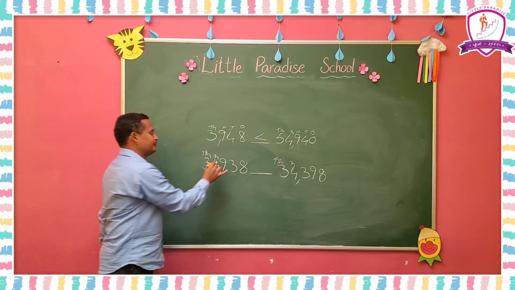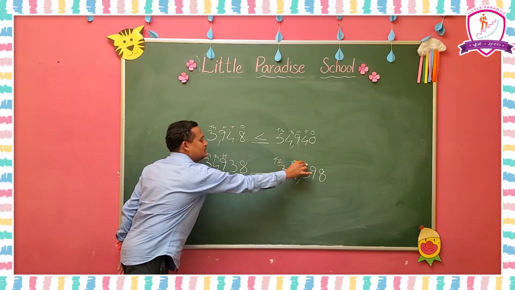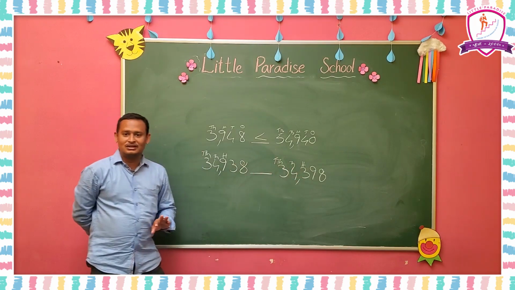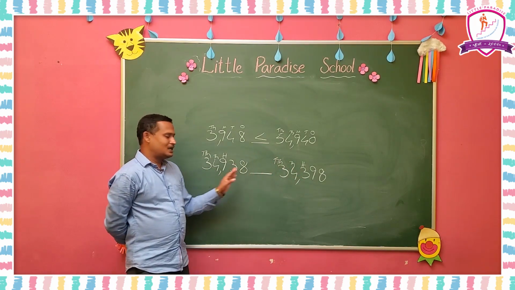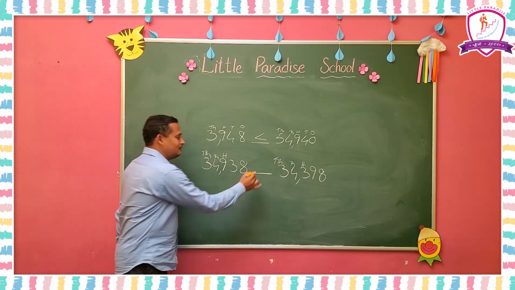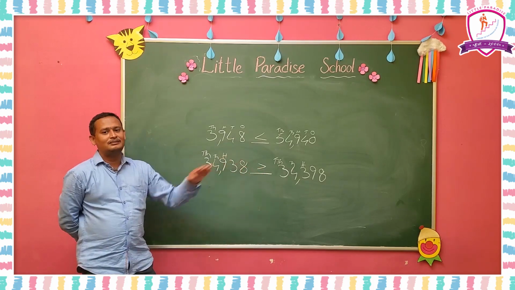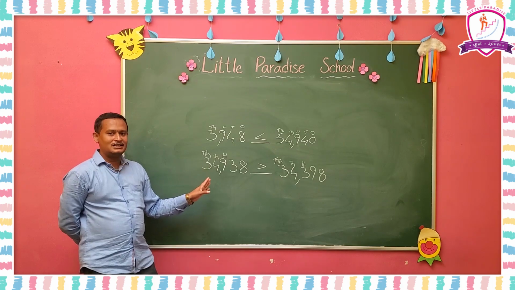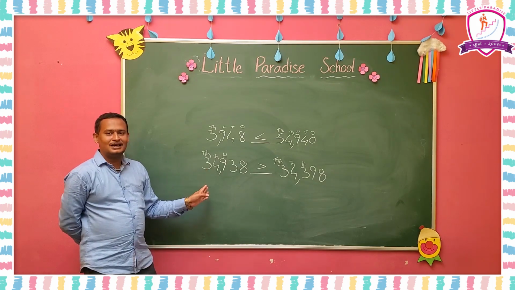Next place is hundreds, and here hundreds, here also hundreds are there. Here 900s are there, here 300s only are there. So which hundreds is greater? Here 900 is greater. That's why it will be the greater one. No need to check the remaining places. When you get a difference in a particular place, you can confirm this will be the greatest number.